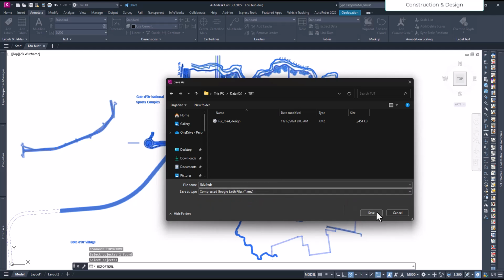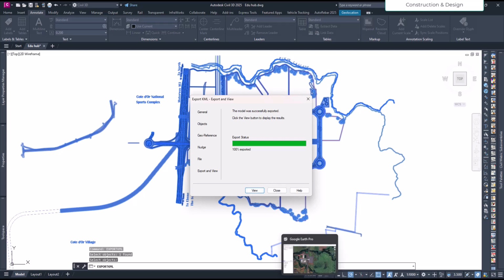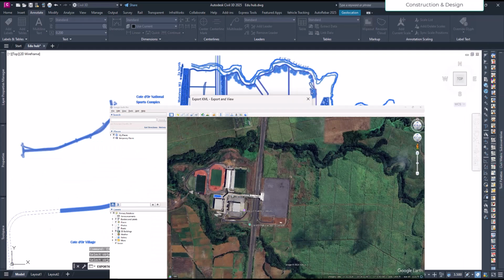Then define the location like this, and then we have the last option, we say export. Once it is exported, it will ask you to view. Make sure you have Google Earth Pro installed, and then we just say view,